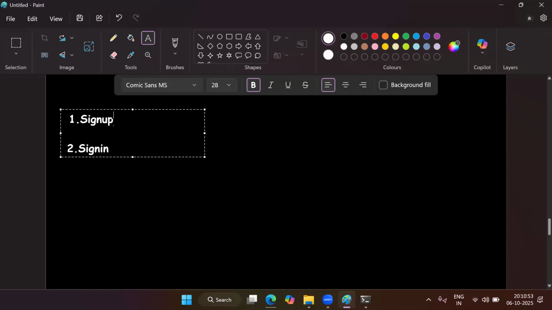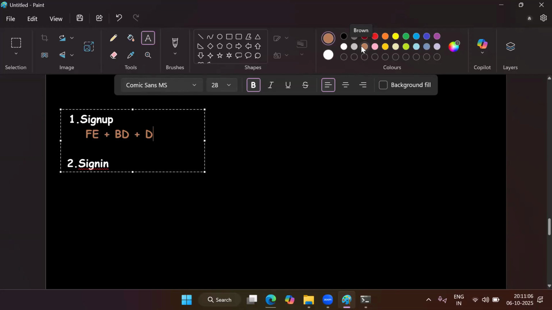Now, to develop sign up functionality, we require a sign up frontend, which we will create with React. We require a sign up backend, and we require a sign up database. So we have to create the sign up API, manage the database for storing the user's data, and create the front end. Then we will integrate front end, back end, and database so that you will understand how sign up functionality is developed in real time.